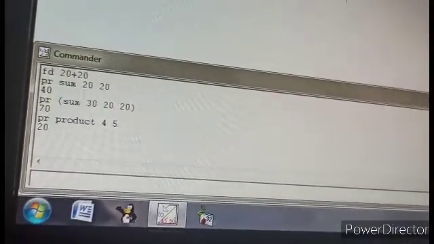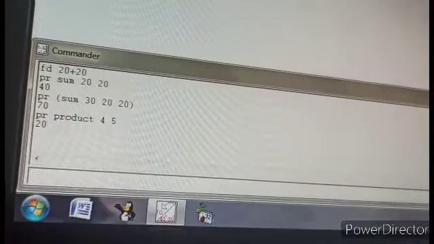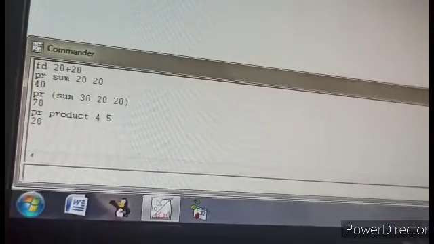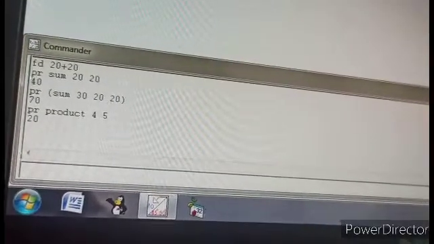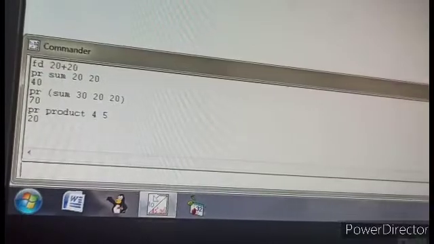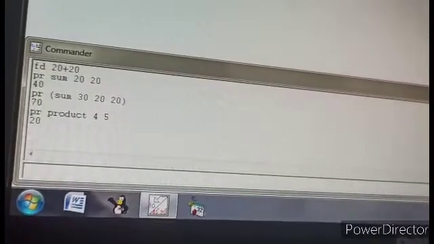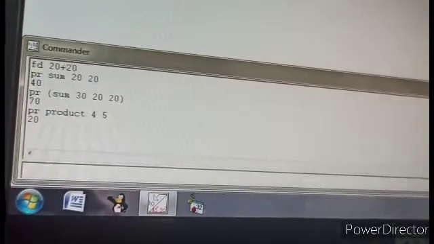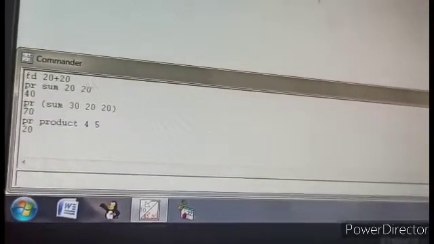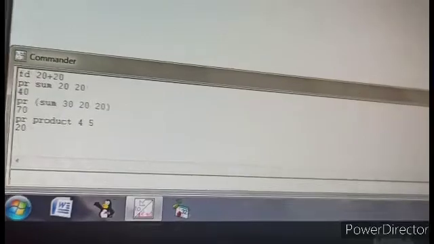In the same way the result has come, 4 times 5 is 20. So either you can do PR 4 multiplied by 5, or you can use the word product and give 2 numbers this way. You can use more than 2 numbers also, the same as I did with sum. There are more arithmetic operators like that.